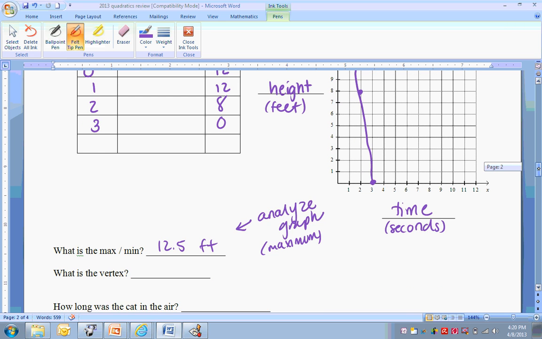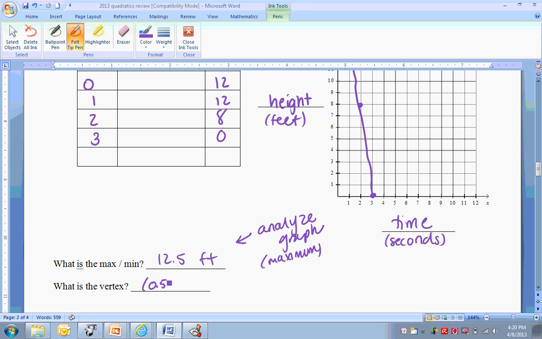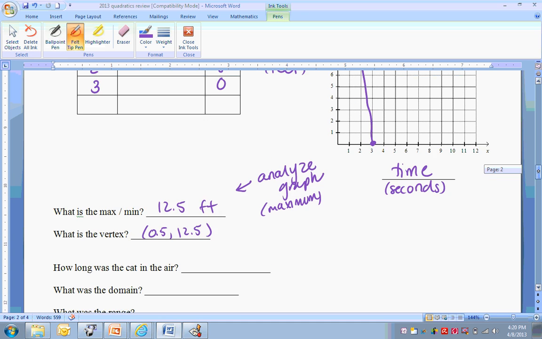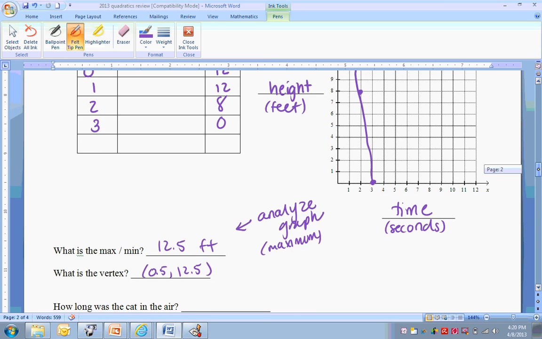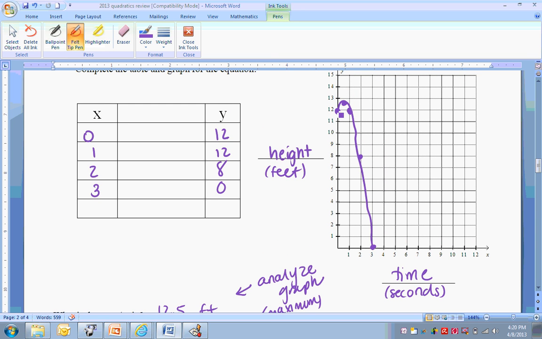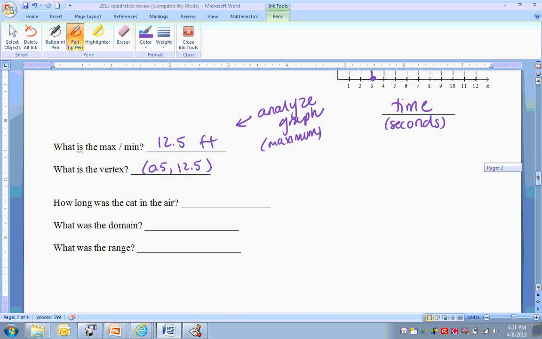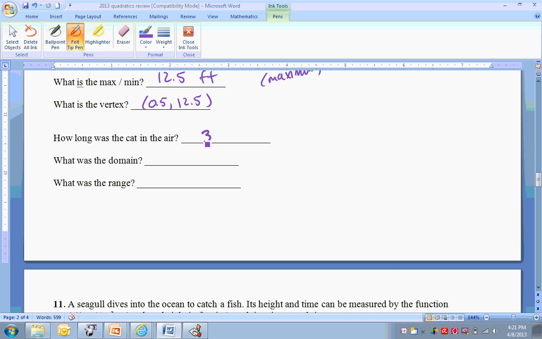Okay, now the vertex we already said was at 0.5, 12.5. That's the highest point in our little parabola. And they're asking us how long the cat was in the air. Well, if it started jumping at 0 seconds and it finally hit the ground at 3 seconds, then it was in the air for 3